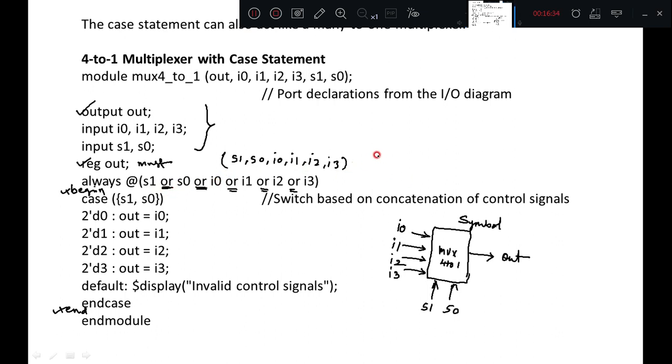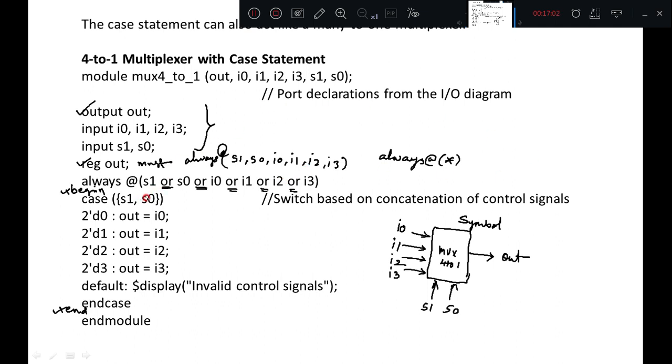And one more thing we have discussed: you can write always at star. If you don't want to write all the inputs, just write always at star. That means all the inputs that you have defined in your code are part of the sensitivity list.